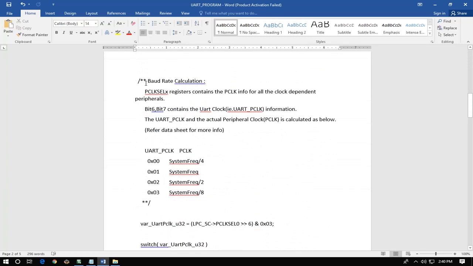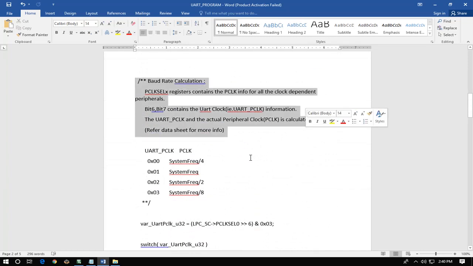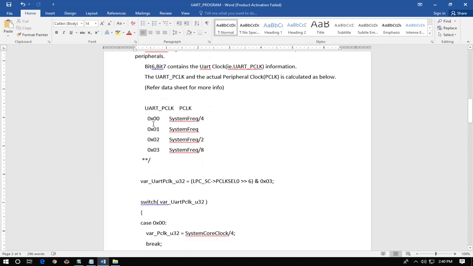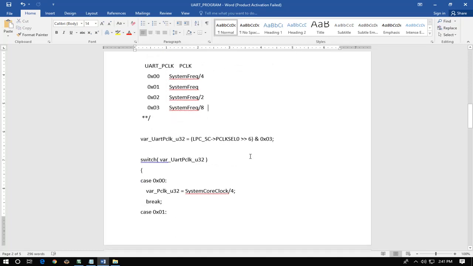Now after that we can see the baud rate calculation here. This is using PCLK, the peripheral clock for the UART clock, bits 6 and 7. Now in this there are 4 UARTs inbuilt. Those will be selected by 00, 01, 10 and 11, which will select the system frequency by 4, system frequency by 1, system frequency by 2 and system frequency by 8 as PCLK.